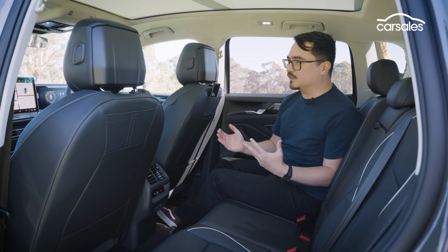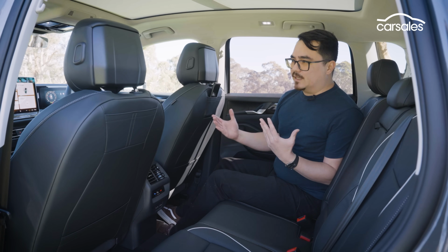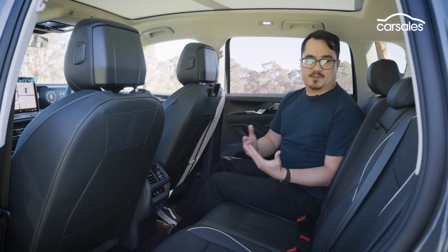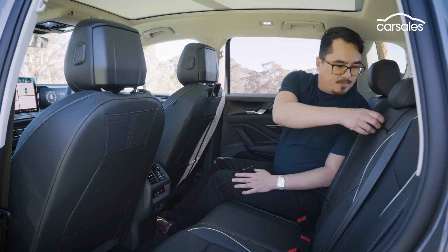but I think some people might sit in it and think, oh, this is kind of narrow, but it makes great use of the space that it has. And I think that is more important than what size category it belongs to. Also important,